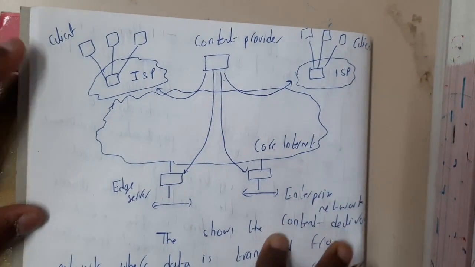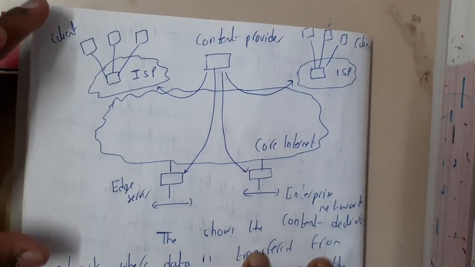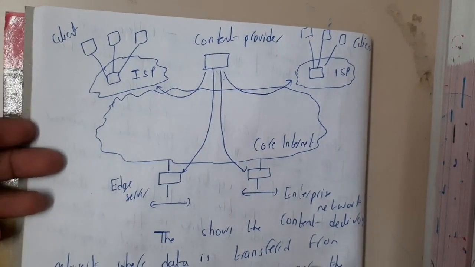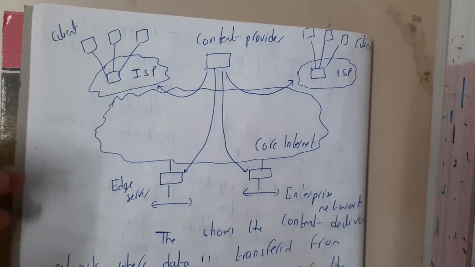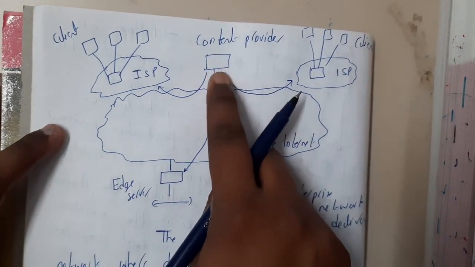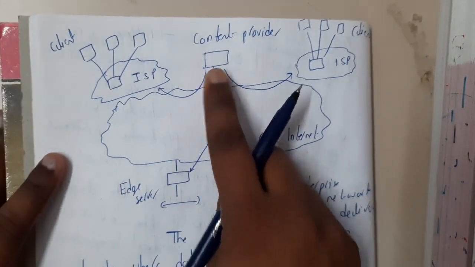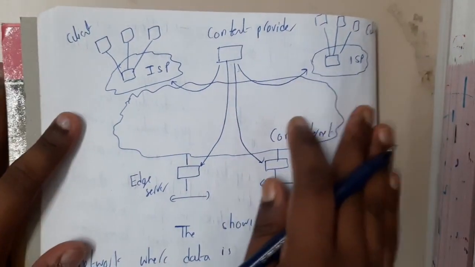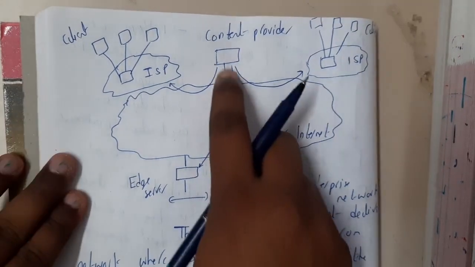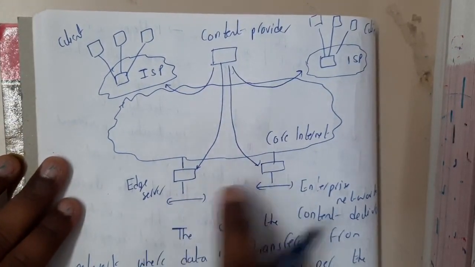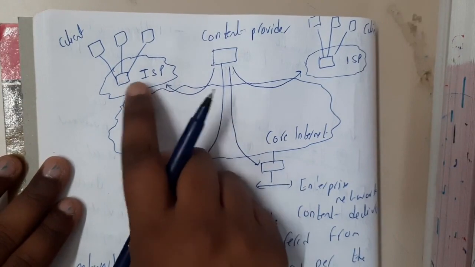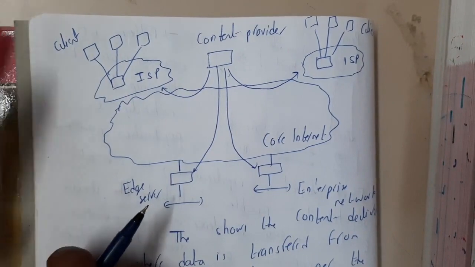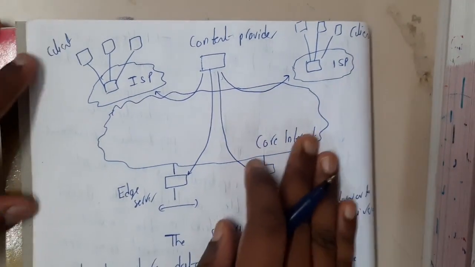So this is the appearance of a content delivery network, which is popularly called CDN. Here we will have a content provider, which you might assume is the host where the whole website is stored. Based on the requirement, he can share the data to multiple edge servers or to the internet service providers, and these internet service providers can share the data with the clients. At first look this architecture might be a bit scary, but it's really simple, guys.